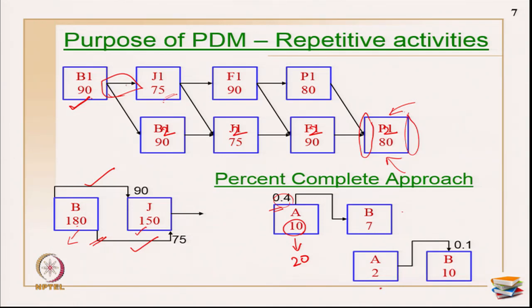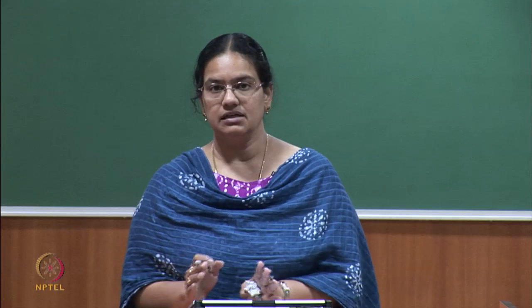So, I am having an activity A of duration 2, I am having an activity B of duration 10. So, once A is completed, then there is a finish notation to B, and that is governed by 0.1, which implies, before 1% of B completion I have to finish my A. Okay. So, 10 days is the duration of B. So, 1% completion is actually 1 day. So, A has to be completed on the 9th day of B, that is the meaning of representing this. Suppose if the duration of A or B changes, accordingly the values also change,